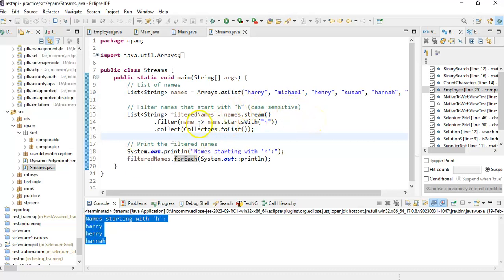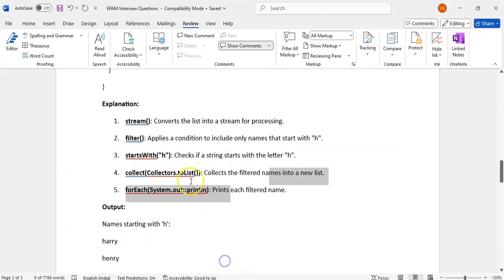We have to practice these things. Sometimes they will ask about map, sometimes list. We have to prepare both list and map, then we will get it easily. Next one is